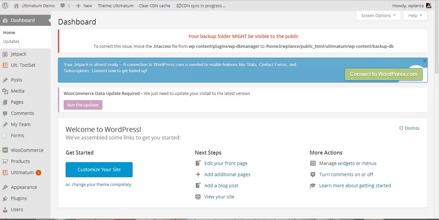After my last update, I really haven't worked on this site. As you guys might know, the right way of working with Ultimatum is that you will have to create a child theme, and before you do an update, always make sure that you have a backup. This is always good. So just to demonstrate, I was working earlier on probably